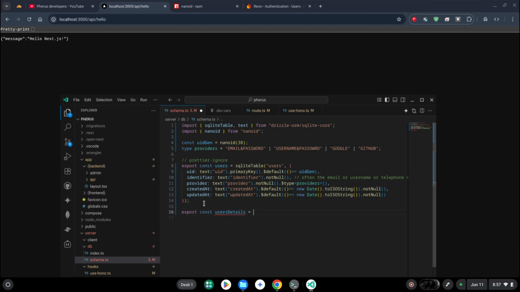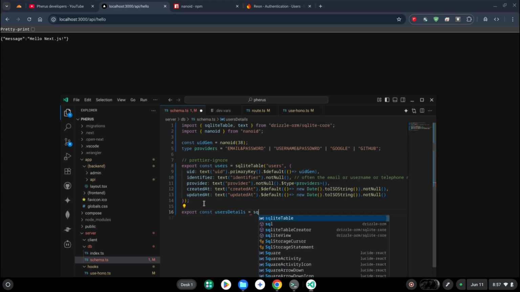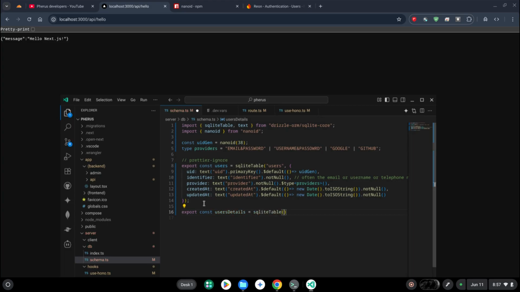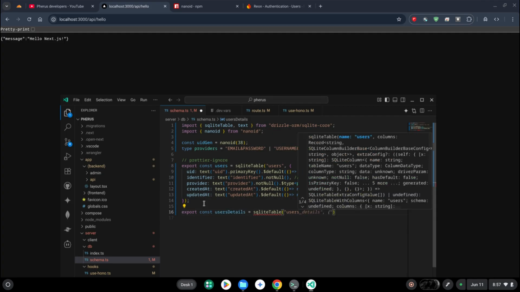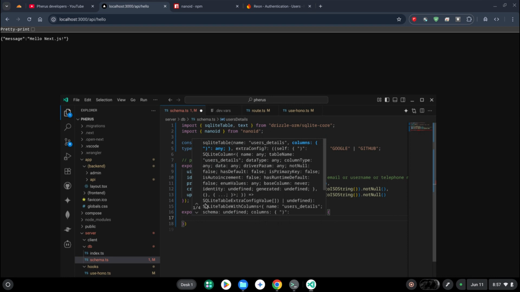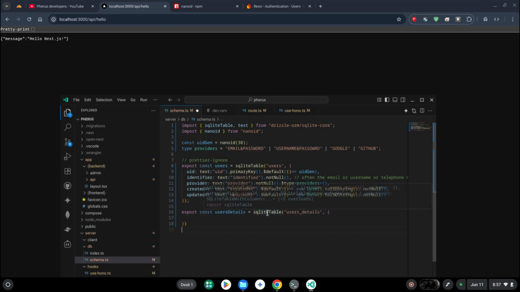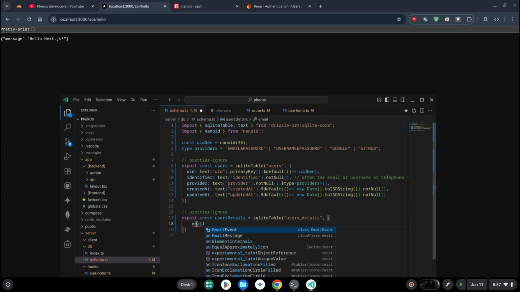Users details SQLite. Users details. Copy this here. Then under users details,